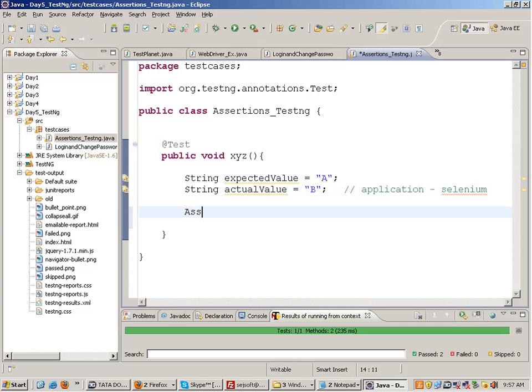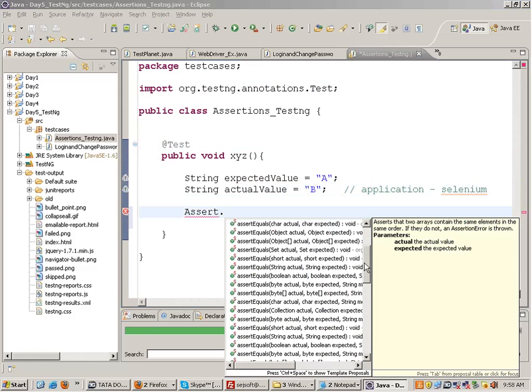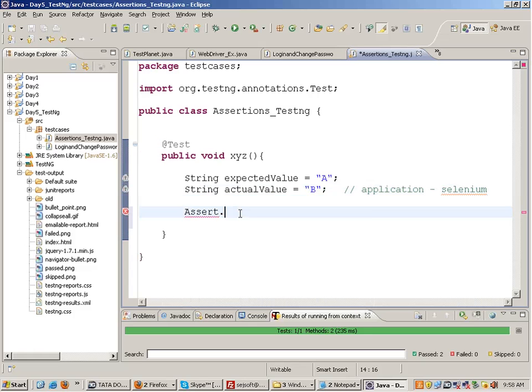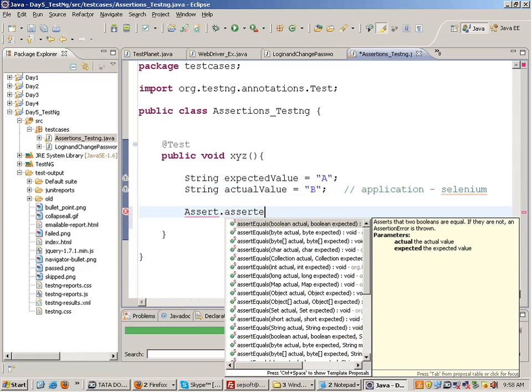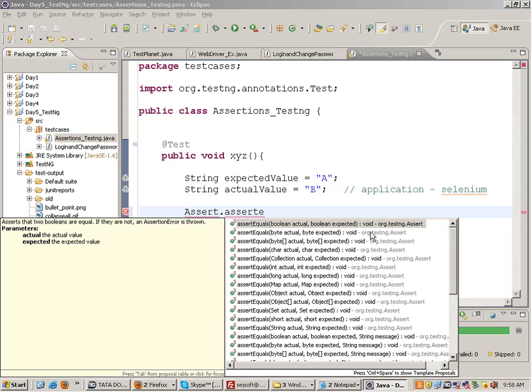So for that we use a class known as Assert. Assert is an inbuilt class. Okay, now the better thing is you write assert, then move your mouse over assert. After writing assert, you write dot. You will get a lot of functions. Assert equals, right, and assert not equals. Like I talk about everything, right? You write Assert dot assertEquals, and make sure, right, you get